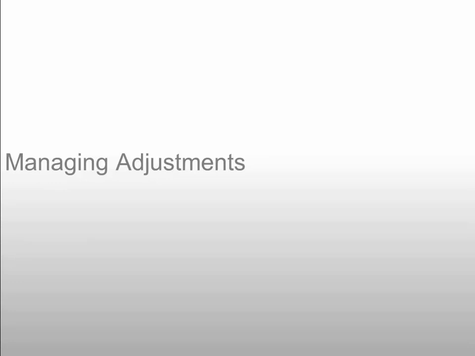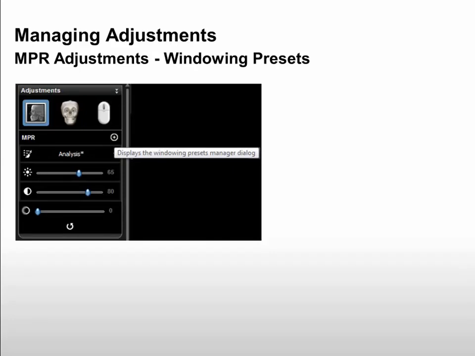Let's take a look. MPR adjustment windowing presets. In the CS3D imaging, there is a provided preset of brightness and contrast profiles. These can be selected from the drop-down menu next to the currently selected preset. You can change the values of the brightness and contrast by utilizing the sliders. You can set the manager dialog to save the current presets or reset using the rotated arrow at the bottom